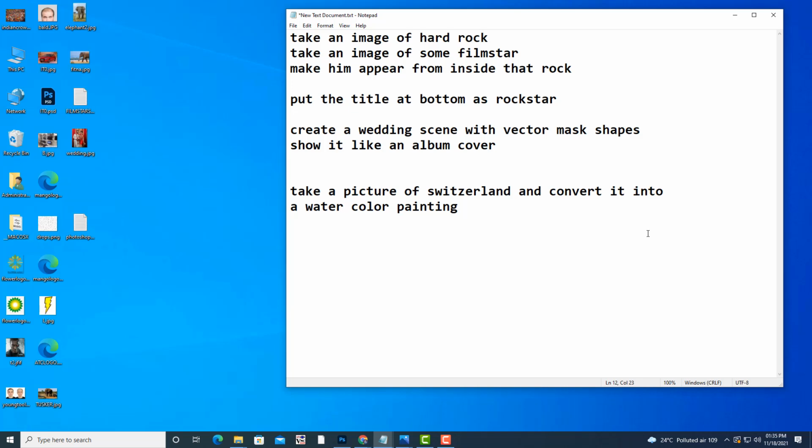Switzerland is a very beautiful country actually, with lot of landscapes.